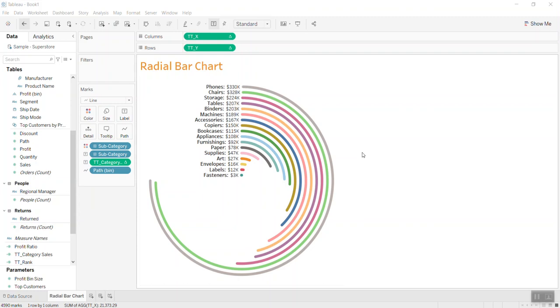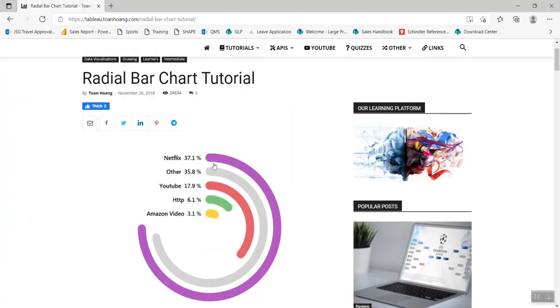The reason I reintroduced the chart is, first of all, I received a couple of requests on how to build it. Also, I feel this is a very nice chart, and the way to build it is very unique as well. I looked on the internet for study and found a blog from, I think, the expert Tuan Hoang, who has a very nice tutorial on how to build the chart,